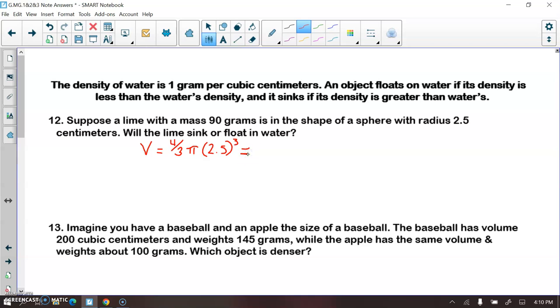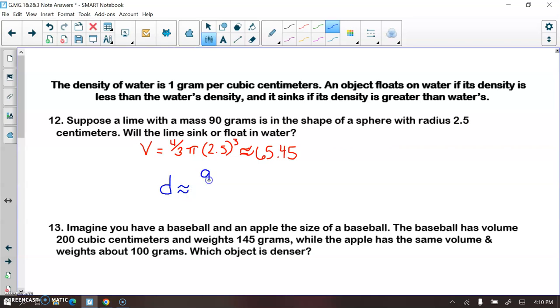So I wind up with 2.5 cubed times 4/3 times pi comes out to be approximately 65.45 cubic centimeters. So now we want to find the density of the lime, and that's going to be approximately equal